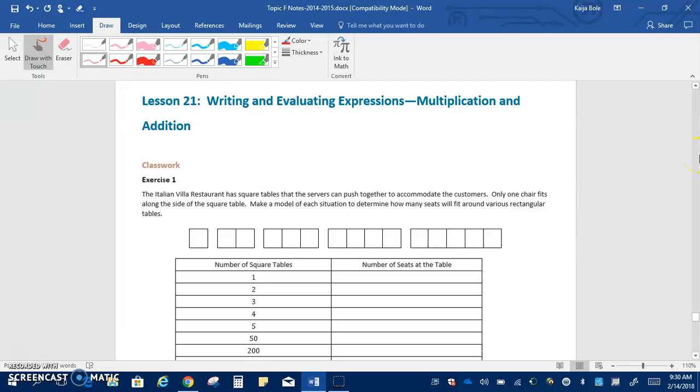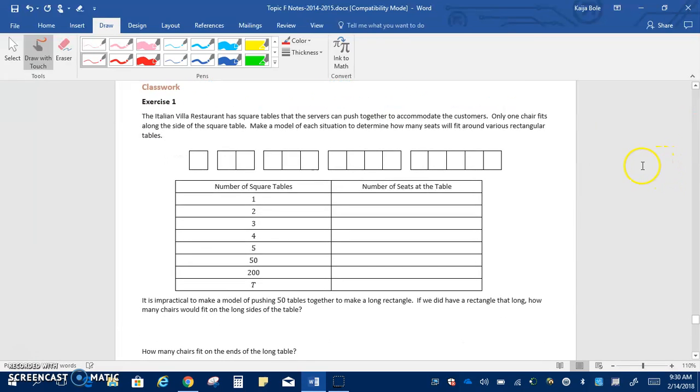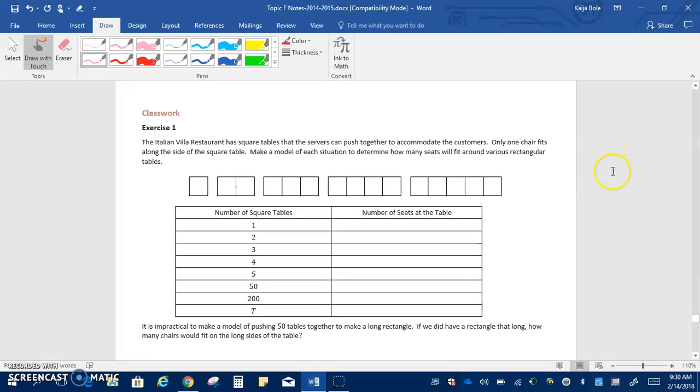Alrighty, so here we are on lesson 21, writing and evaluating expressions, and today we are using multiplication and addition. So we're kind of combining everything that we did in lesson 19 and lesson 20 and putting it all together to write expressions. So if we look at exercise 1, it says the Italian Villa restaurant has square